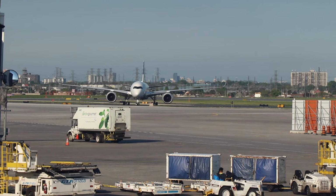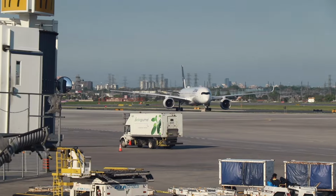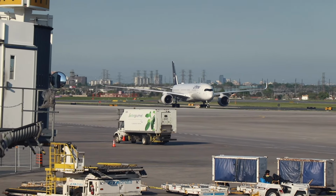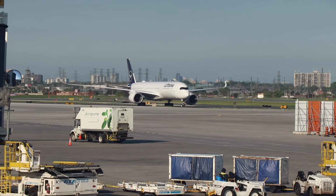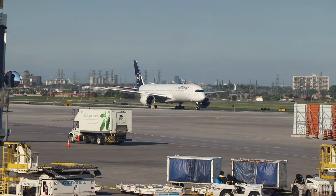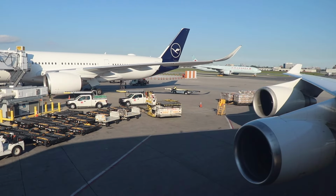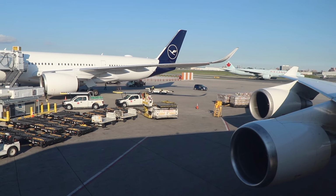And here you can see the first Lufthansa A350 with the new Allegris cabin coming in from Munich. This aircraft was delivered in November 2023. And in a couple of years, all remaining Lufthansa long-haul aircraft will have the new Allegris cabin installed. I could have also booked a flight to Munich on board the new A350 with the Allegris cabin, but I